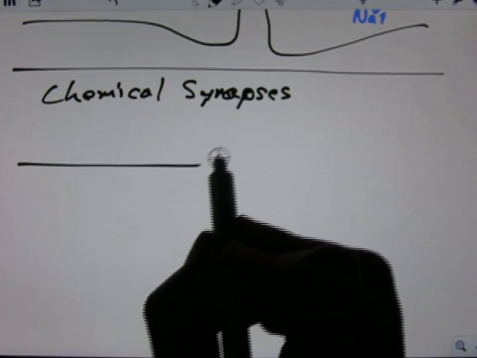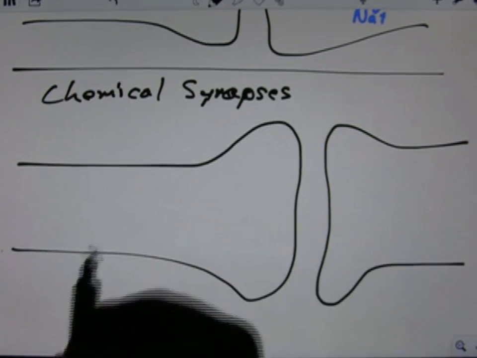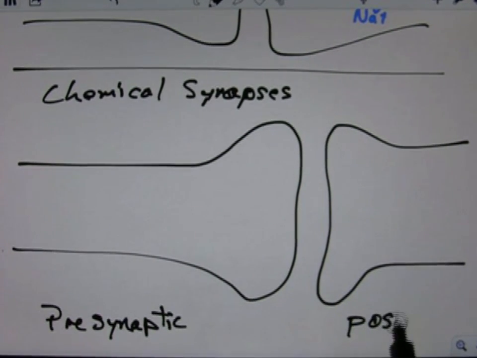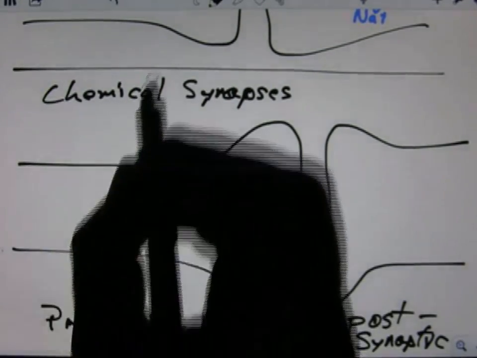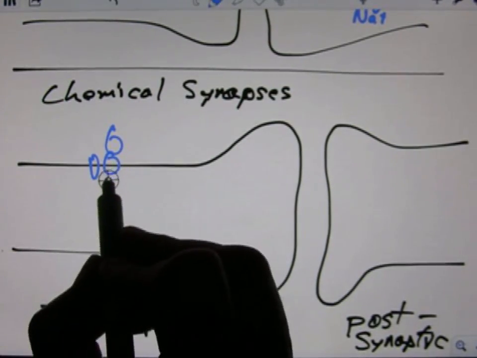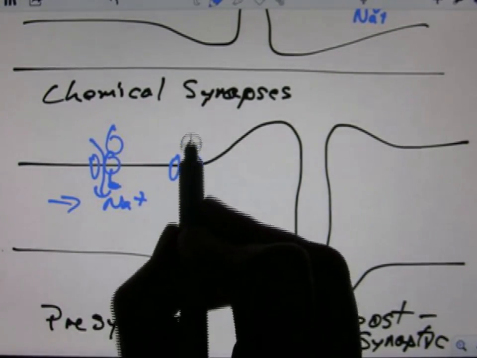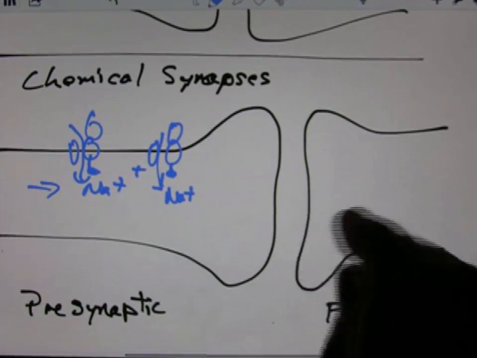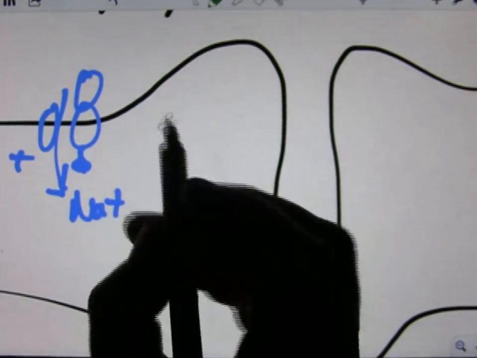So I just drew one when I was talking about action potentials, but let's run through it again. So we've got the presynaptic cell and the postsynaptic, and the synapse itself right in between. Okay, in a chemical synapse, again, you'd have voltage-gated sodium channels opening up as the action potential moves along. And that sodium, that positive charge,